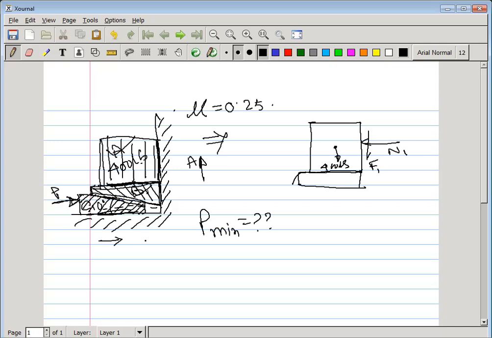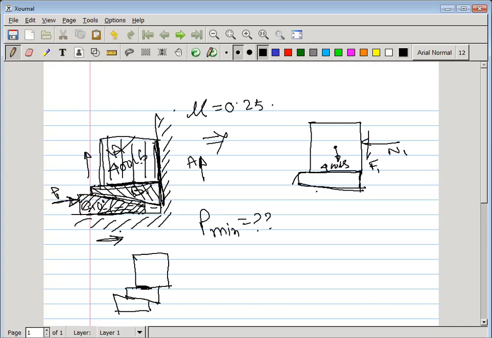Try to remember, if block A were like that and block C like that, then you could say there is some friction here. But as block A and block B are both attached to the wall, they have only one motion, in the upward direction. So that's why we can consider block A and block B as a single entity, and we put the friction as it moves upward and C moves in this direction.